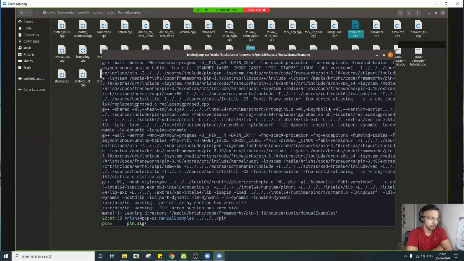So this is actually your launcher, the pin, or pin.exe on Windows. This is the pre-compiled binary that gets shipped with your framework. And this is needed in order to run your pin tools. So with this pin, and then